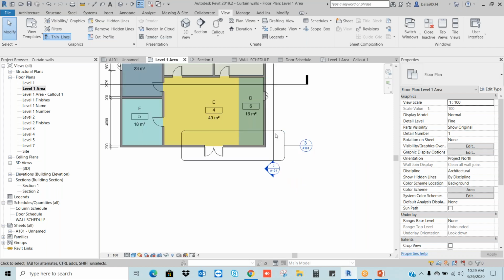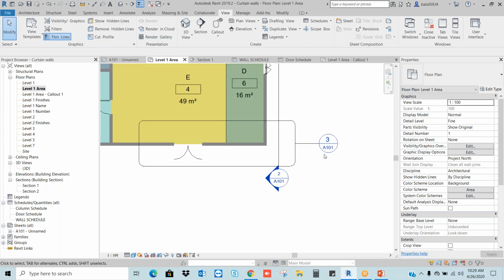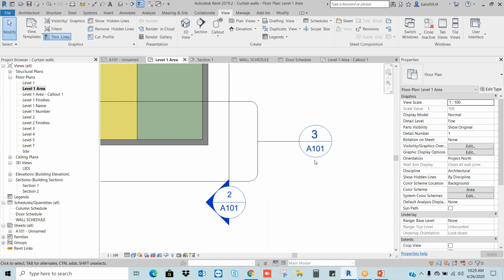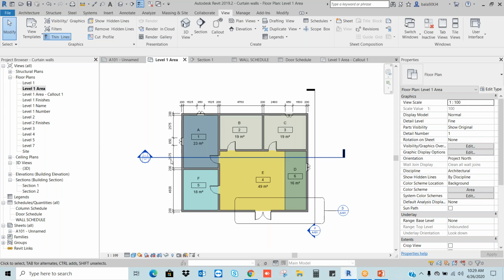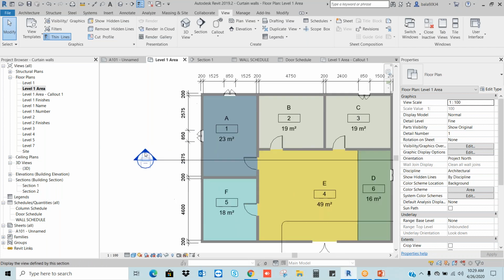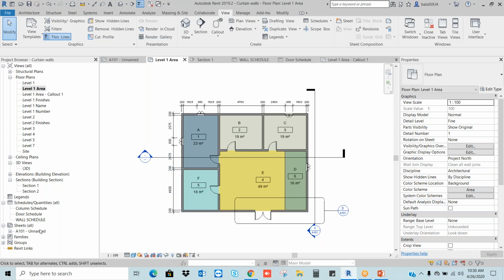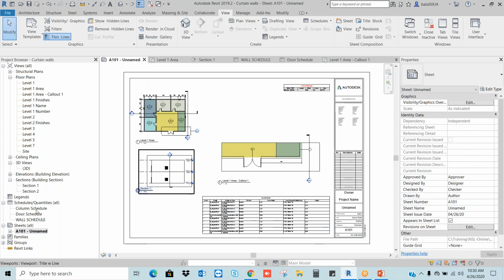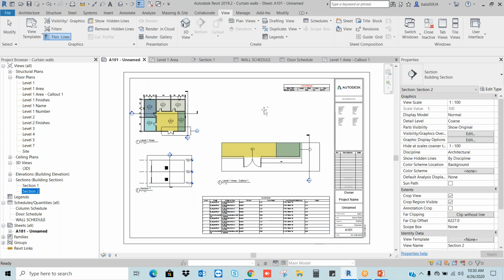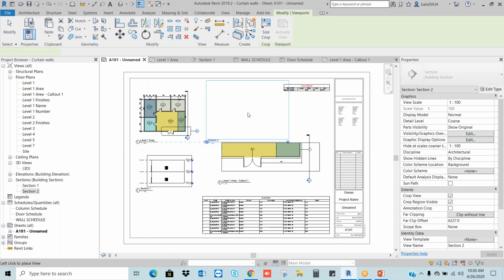Okay, and I'm going to this callout. See, detail number 3, sheet number A101. Okay, now if you see this section, can you see any number? No. Only if you place the section or detail on a sheet, you can get the number.